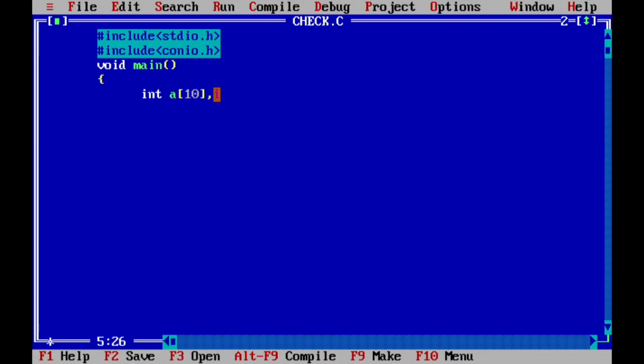For the index, here I am using the I variable. That must be an integer type of variable, because the index is a number that starts from 0 and ends at size minus 1. Here the size of this array is 10, but I want to pass a statement to the user. The user may want to enter only 5 numbers, or only 8 numbers, or only 10 numbers, etc.